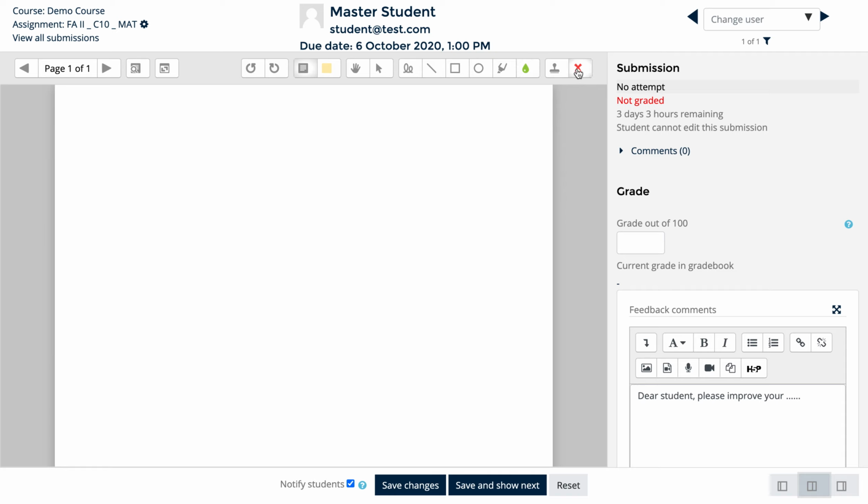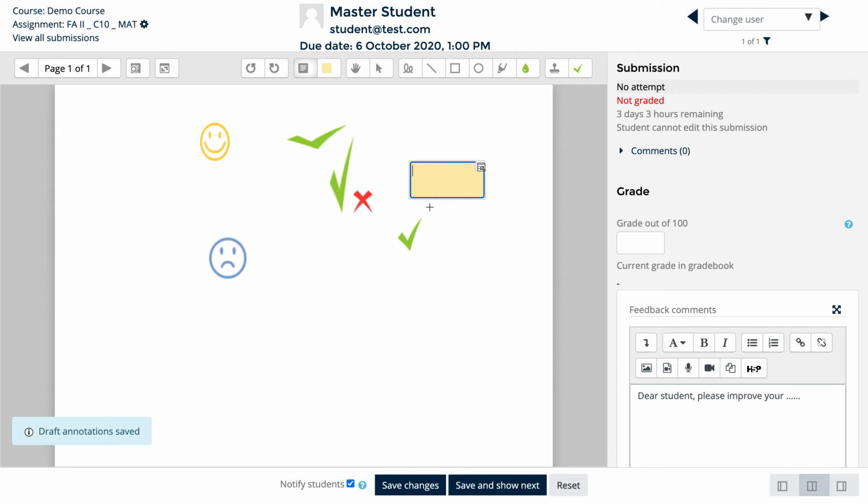Alright, sorry, I just missed two features here. If you have any stamp, you can use these stamps. If you feel some answer is wrong, you can use it. If you are not satisfied with some answer by the student, you can use this. If you are very satisfied with a particular answer, you can use this. Or if you just want to give a tick mark, you can use this. So all these annotation options are at your disposal. Please use all these options and explore them.